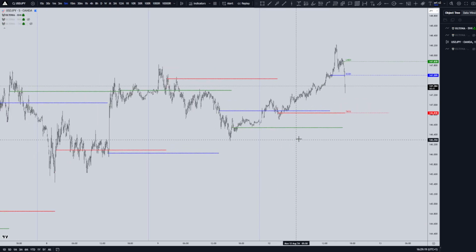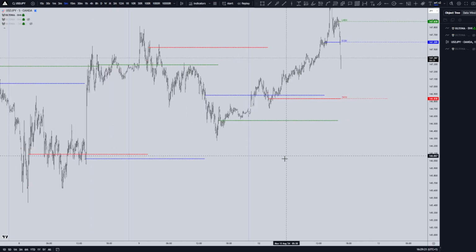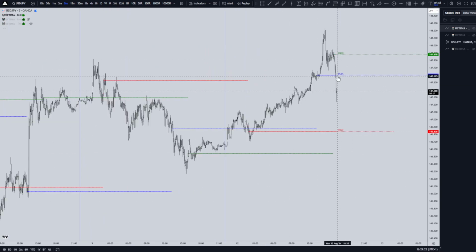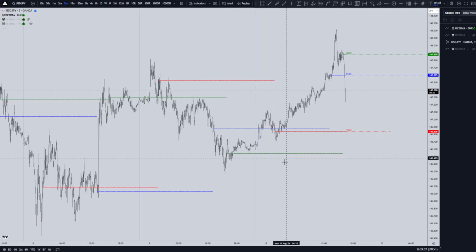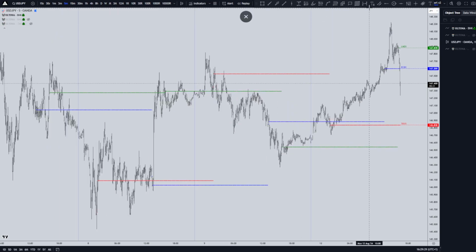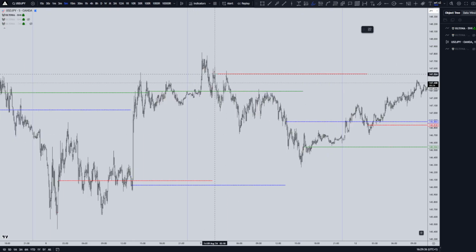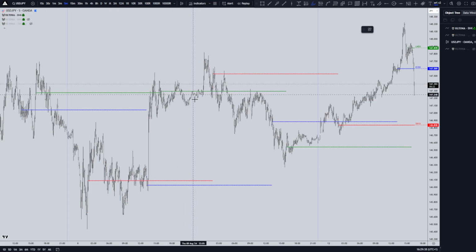So let's say the green one was London's, the blue one is European Central Bank, and the red one is Tokyo, right? So let's say Tokyo market opens, taking over from London. Let's say London is